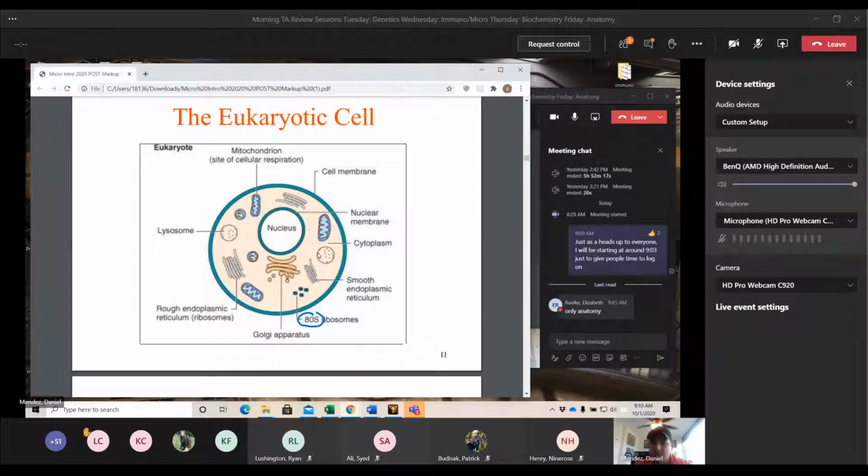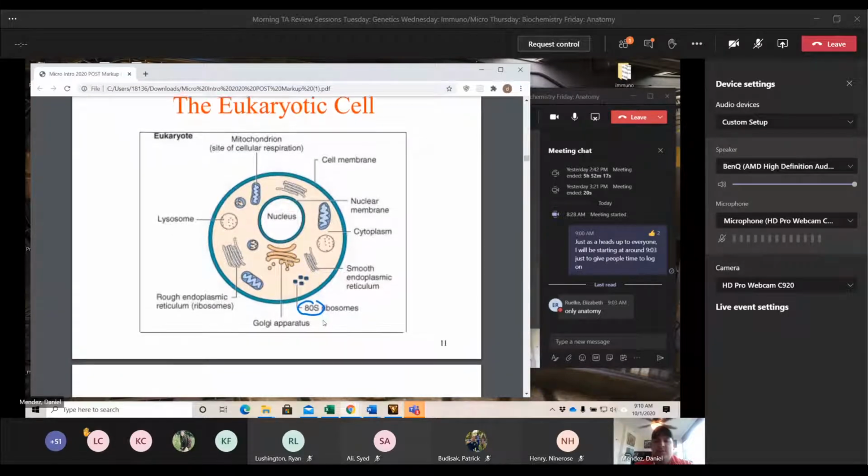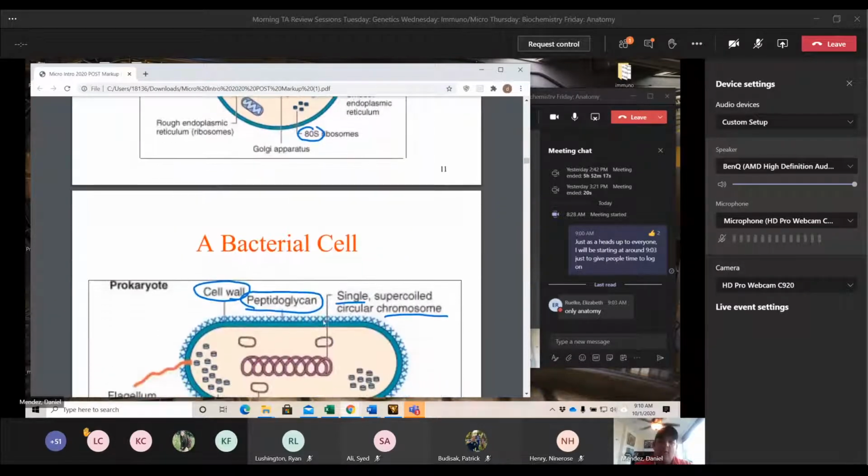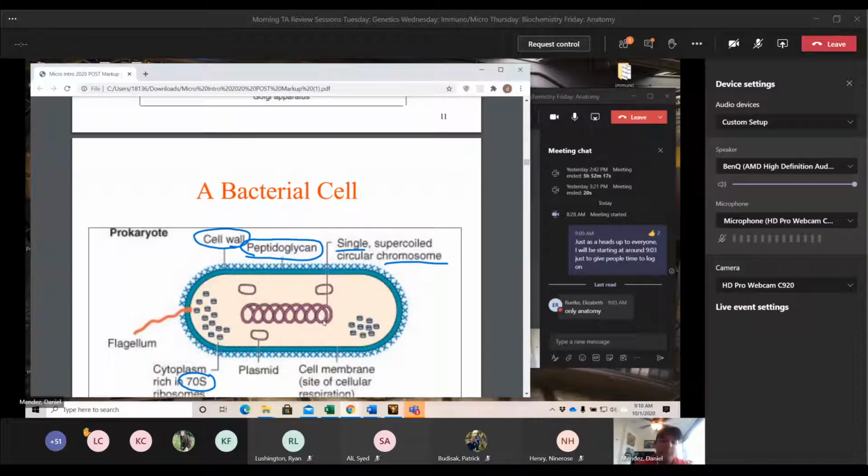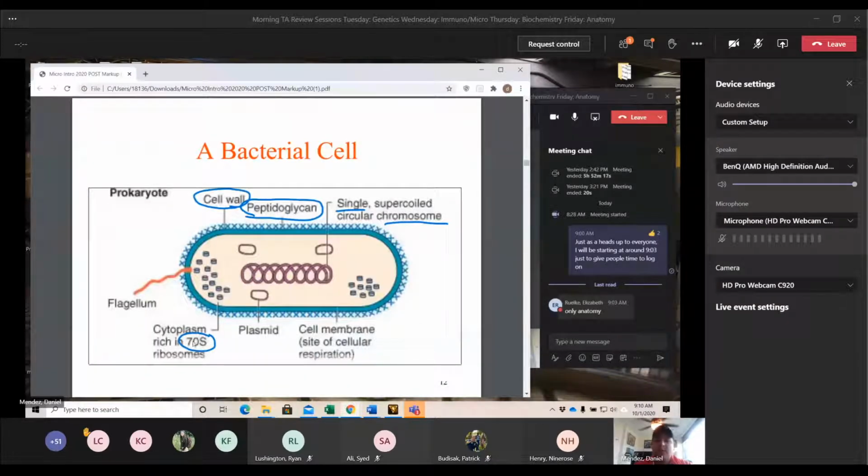We don't see those in prokaryotes. Also note the difference here between the ribosomes. For a eukaryote, the total combination of both the large and small subunits creates an 80S ribosomal subunit. On the other hand, in a prokaryote or a bacterial cell, we're looking at a 70S ribosomal subunit.